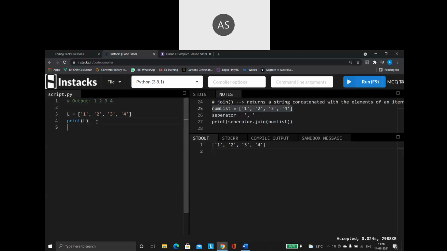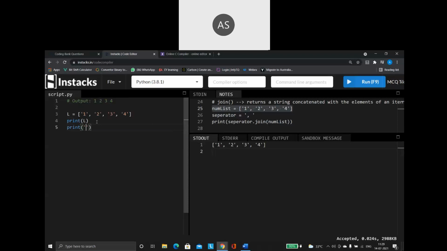So how to do this? For this purpose only, I have a function called join. How the join function works, please understand. So I am saying print. First, I have to use a separator.